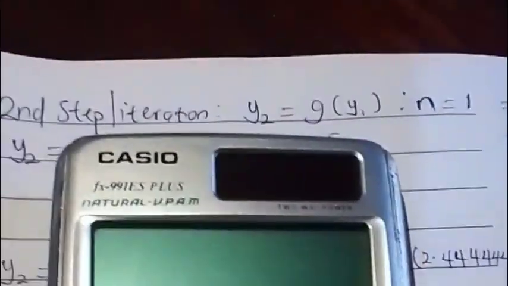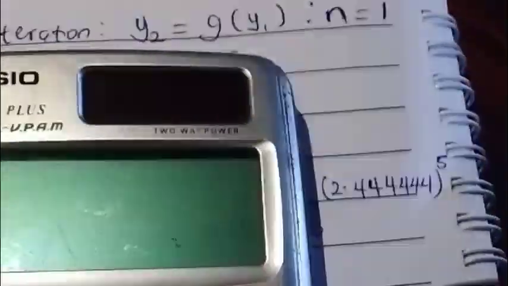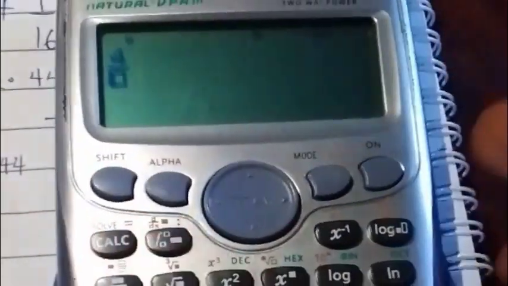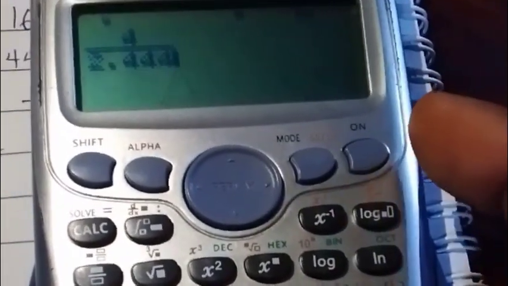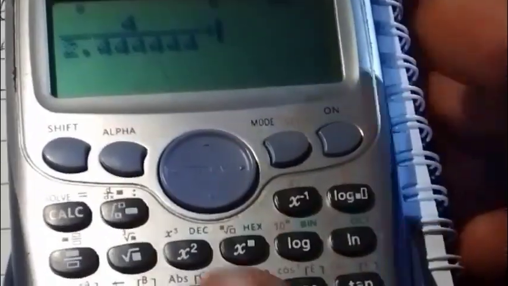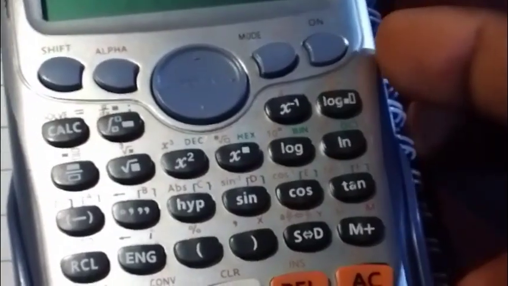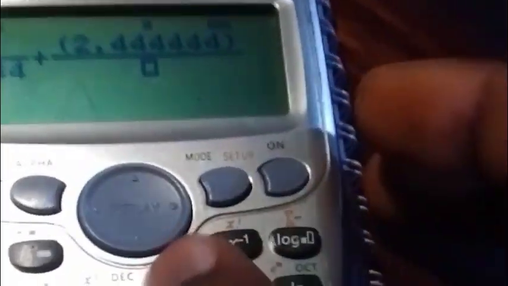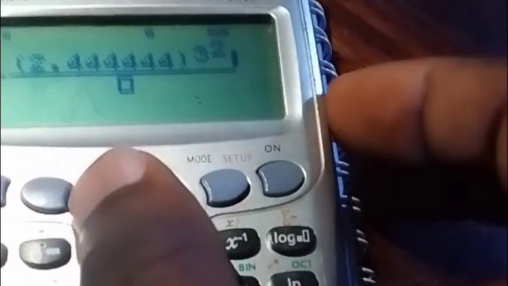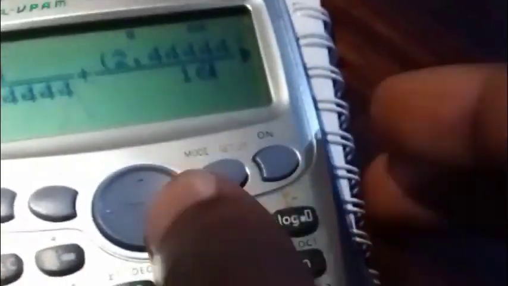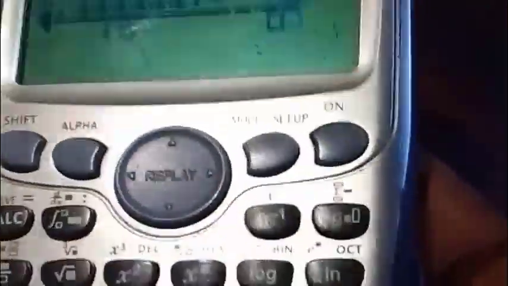Likewise, I'll just input it into the calculator directly: 4 over 2.444444, plus another fraction, 2.444444 all cubed, divided by 16, then minus another fraction, 2.444444 to the power of 5 divided by 576, and that gives us our y2